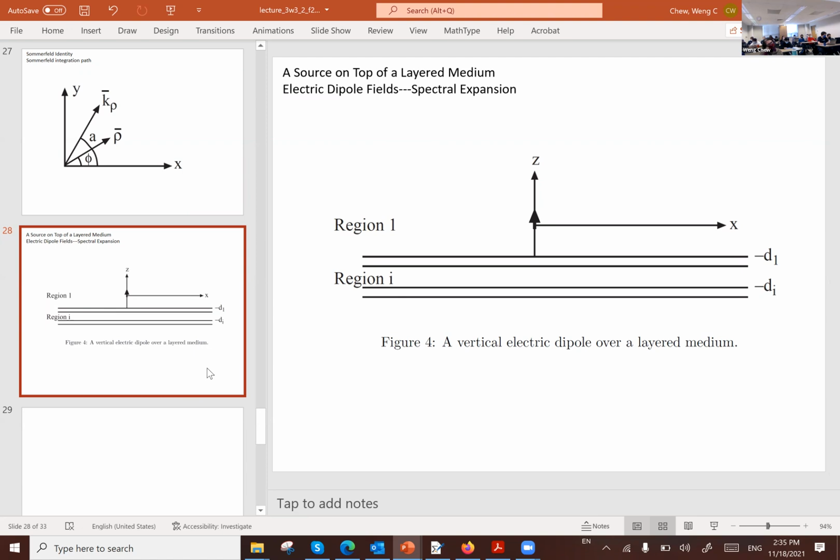So the key here is that we know how to solve for the reflection and transmission of TE and TM waves through a layered medium, agree? Once we have TE waves and TM waves, we know how to solve for the transmission. So the key thing is that if I give you a point source, how do I extract the TE and